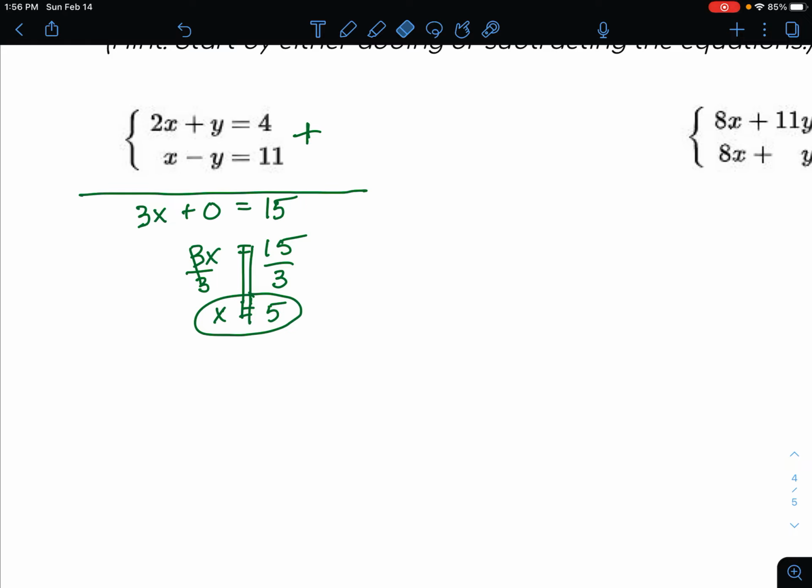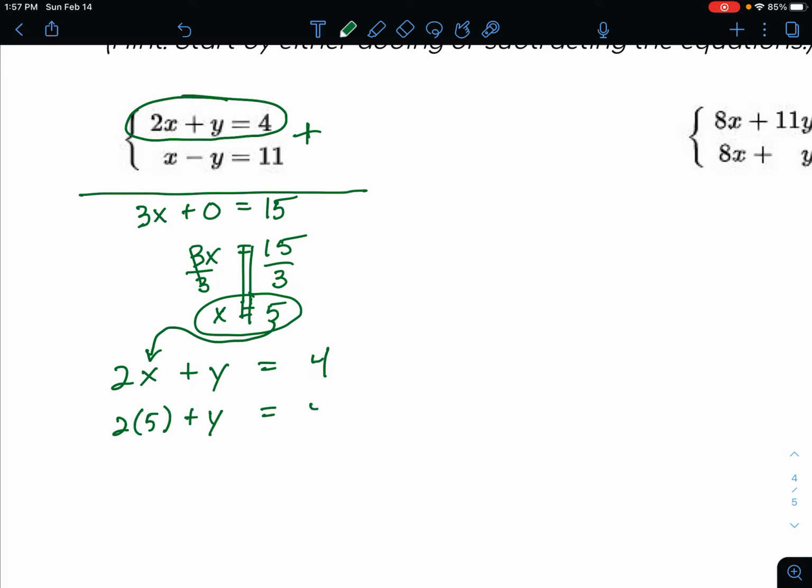Well, I often look at the two equations, and this one might be a debate on which one might be easier, but I always like the equations that don't have any minus signs in them if I can avoid it. So I'm going to choose that first equation, which was 2x plus y equals 4. And remember, what we're doing here is solving for the y value, which means I plug the value I got for x in for x. So that would be 2 times 5 plus y equals 4,